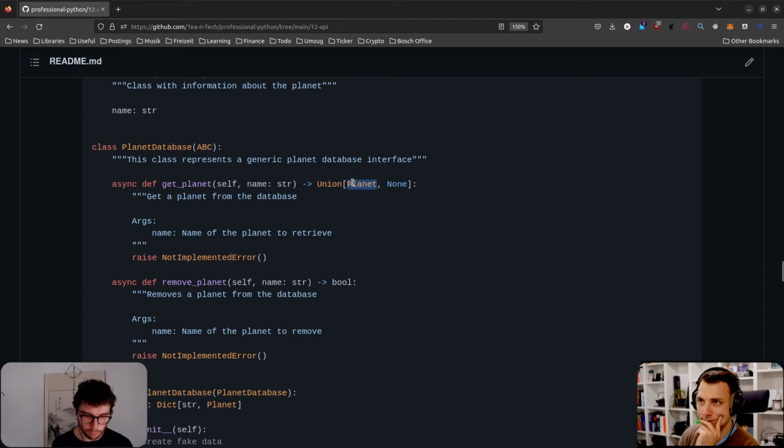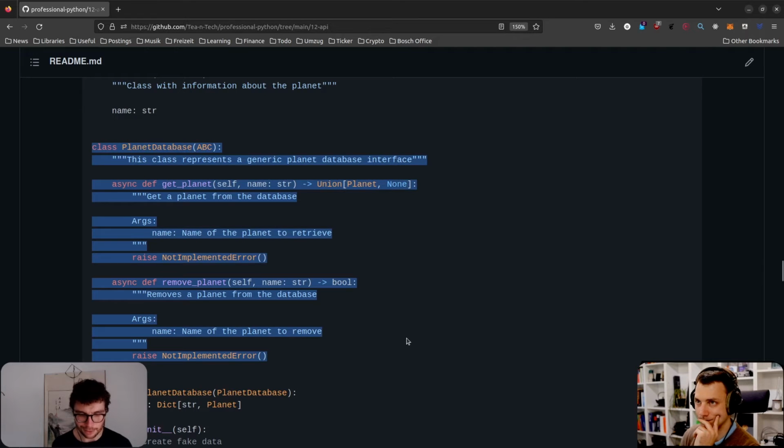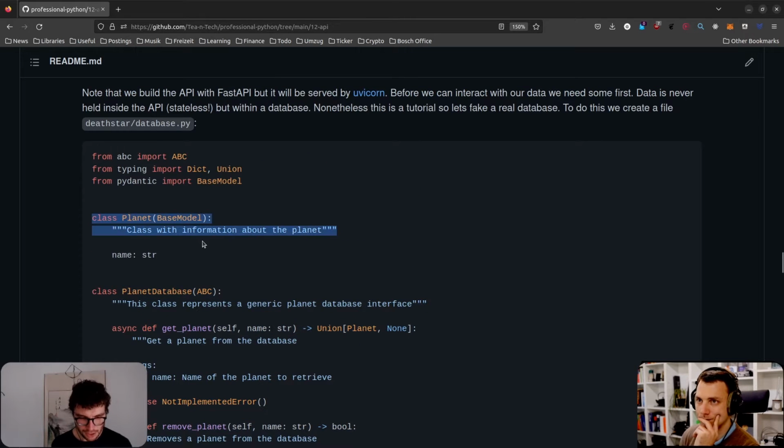Also very important is that the types which you return should be under your control. They should not be something database specific. This is really the lesson if you have a database in your API. Here a planet, which I defined, is just a name string, so there's nothing in it, but there could be five or six attributes.